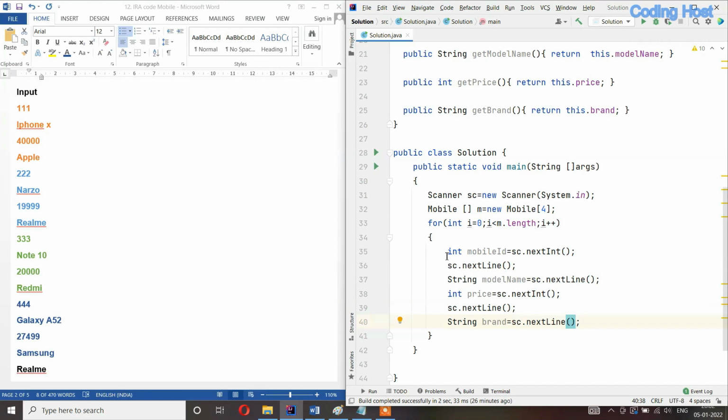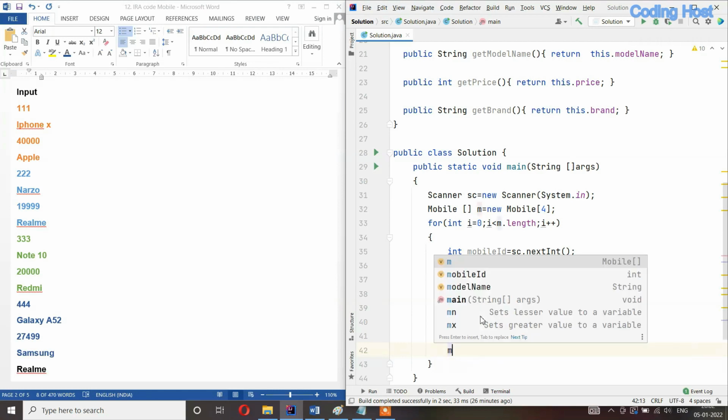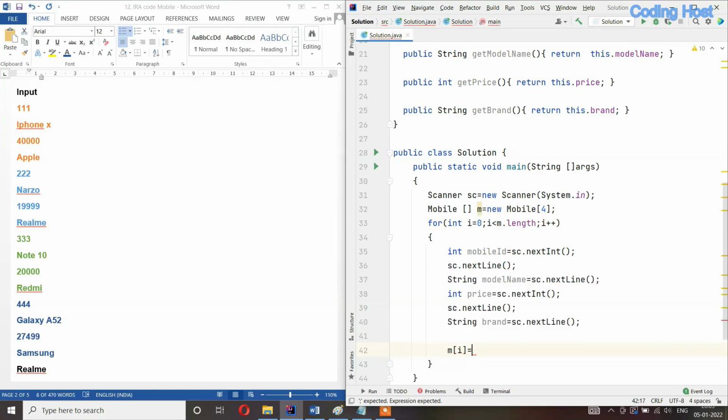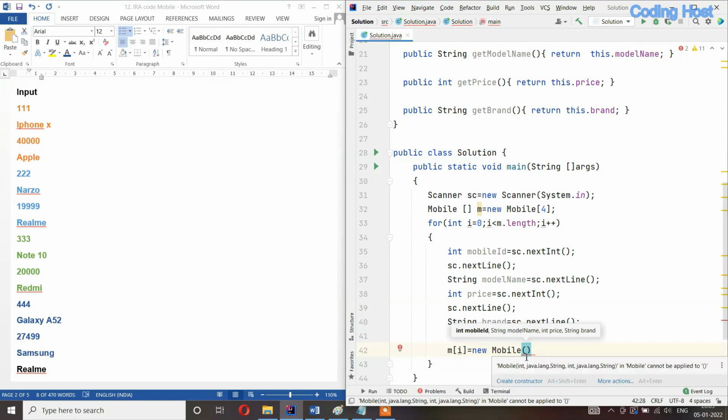Whenever we are taking input for an int or a double value, we have to write sc.nextLine(), so that the scanner can move to the next line. But for a string we do not have to write this line again. After that we have to make an object, and in that object we have to insert these values. I will write m[i] = new Mobile, and here it is calling the parameterized constructor in which I will enter all these values.